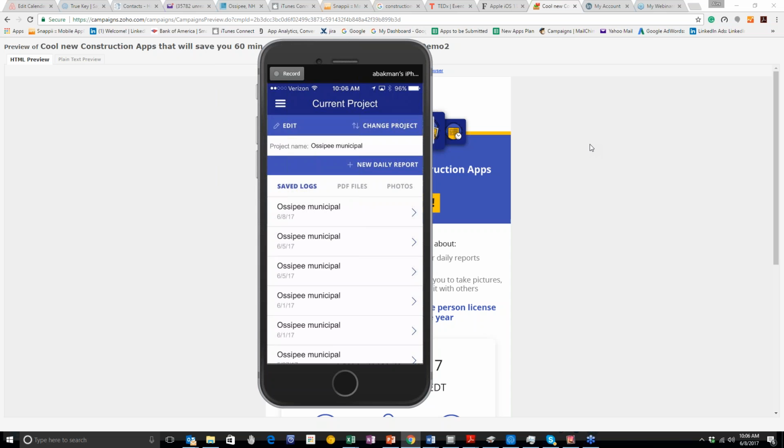You just take out your phone, and it makes it really easy for you to create a daily report from anywhere, anytime. It literally takes just a few minutes. So let me take you through this. So I go,